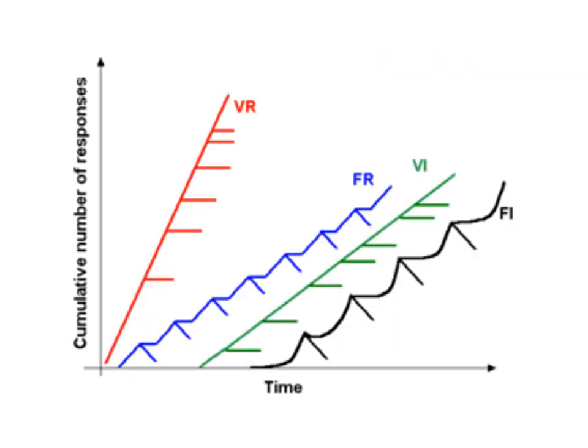If you're looking at the blue line here, you're seeing fixed ratio. You see that the responding is evenly distributed, so every 4 they're going to actually get their reinforcer, and it's actually one of the faster rates of responding. So the ratio responses tend to be rather quickly acquired.